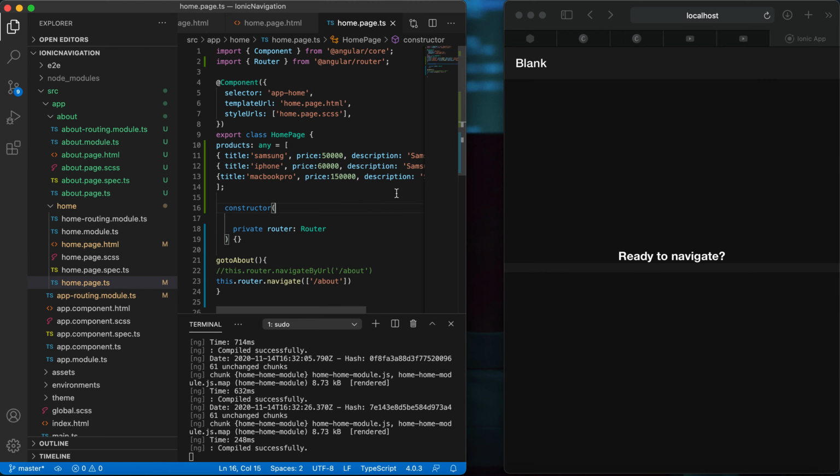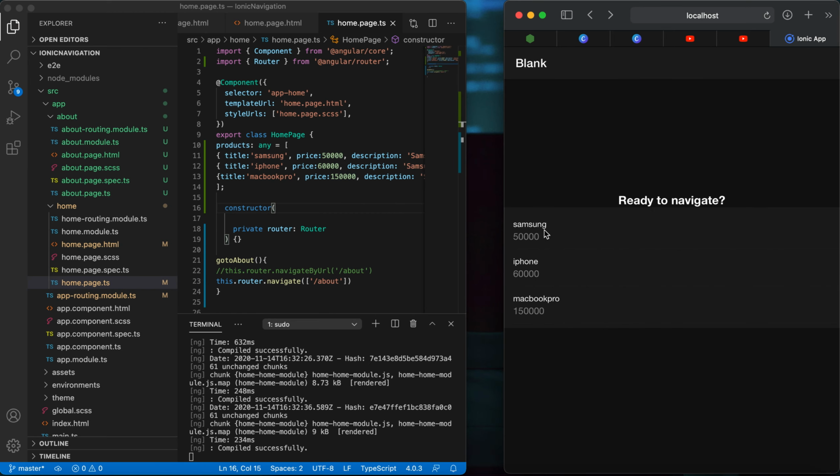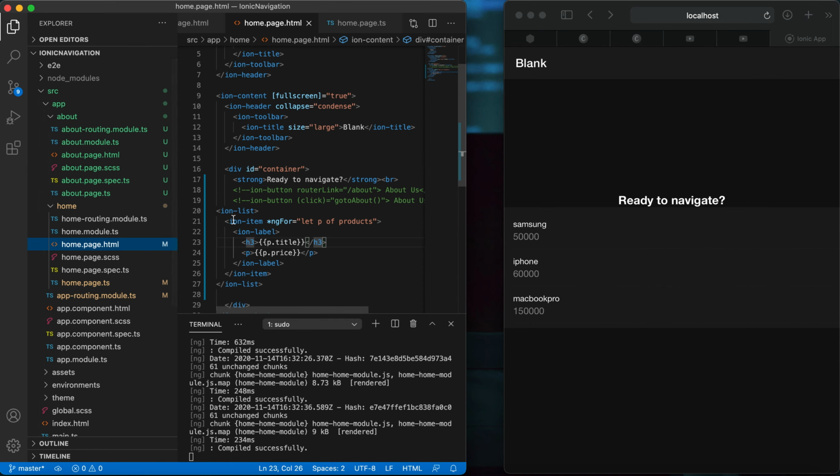Okay, sorry, I forgot to save the page. So we got it right: Samsung, iPhone, MacBook Pro. So we got the 3 products. Okay, so this is the list. Here we have covered the ionic list and ionic items. These items are coming via the loop.